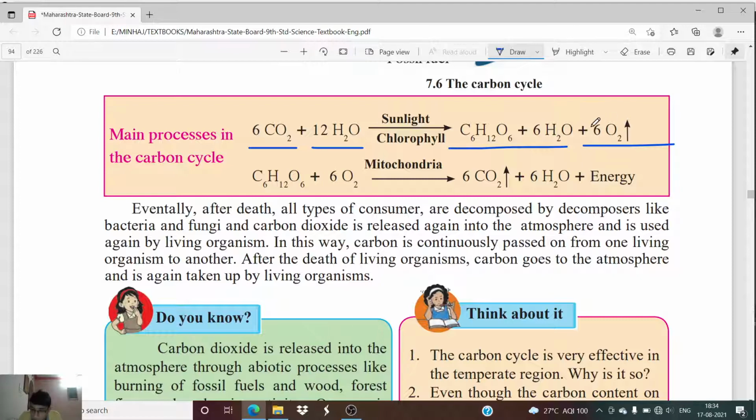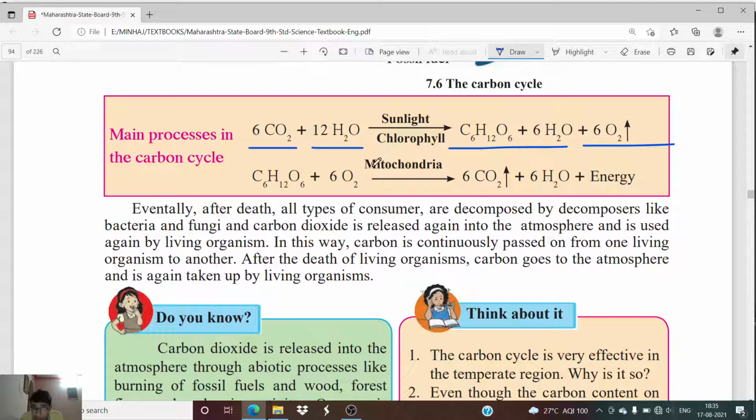Okay, और यही ऑक्सीजन को हम लोग क्या करते हैं, इनहेल करते हैं। Now after inhaling this oxygen, जैसे ही हम लोग ये ऑक्सीजन को इनहेल करते हैं, 6 molecules of O2, what will happen, it is going to react with the glucose molecule which is there in our body, okay, which is there in our cell, and this glucose molecule and 6 molecules of oxygen are going to react, okay, and the mitochondria,